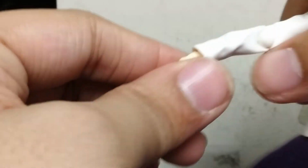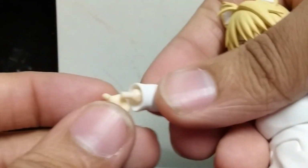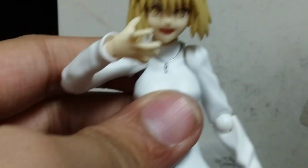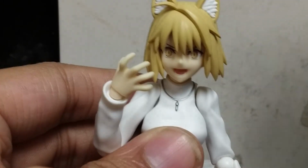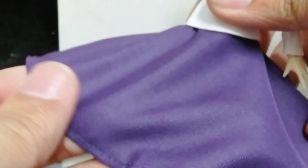And to swap out the hands, you just take this one out, pull it out, and I'll just pick a clenchy one. And then you just take it in here, put it in this peg. Oh wait, that's the wrong hand. You take this, and then just go like this. And there you go, now she looks more insane, which I think is good, because I like when ARCUEID goes feral. I think it's kind of cool. Yeah, so overall, I'm gonna say 9.5 for accessories, because this is awesome, and also the skirt is fully wired at the bottom,